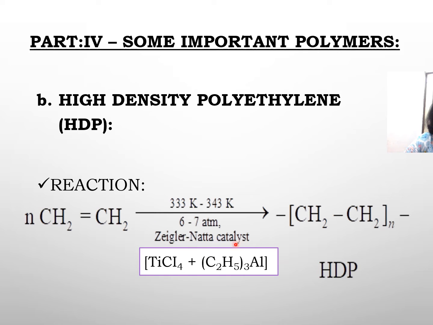Titanium tetrachloride and triethyl aluminium together are known as the Ziegler-Natta catalyst. This is a very favorite question of the board and of competitive exams: what is the Ziegler-Natta catalyst? So together they form an alternative way of preparation of polythene, because in the earlier preparation a lot of pressure was required. They reduced the pressure to 6 to 7 atmospheres when they used the Ziegler-Natta catalyst. So when the reaction was done in the presence of the Ziegler-Natta catalyst, less temperature was also required to prepare the polythene.